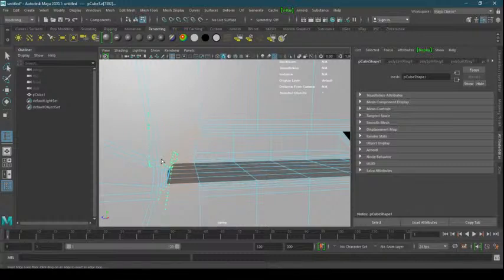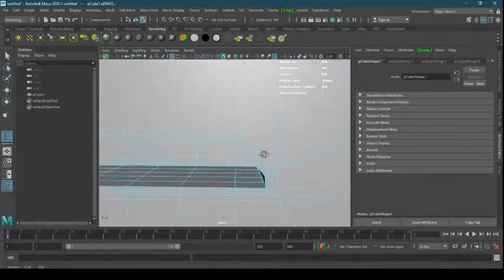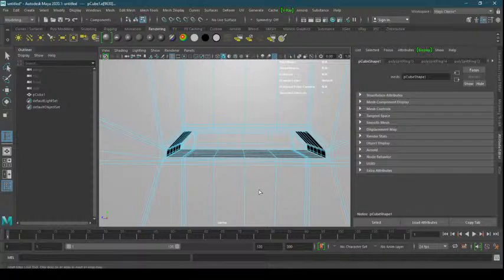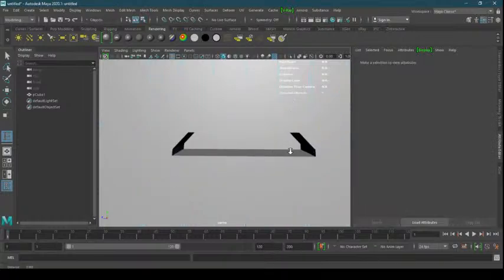Then here we need, here also we need, here we need, and now this side here we need it. Wherever there are corners, you can add there. Perfect. Okay, now I will go to object mode again,